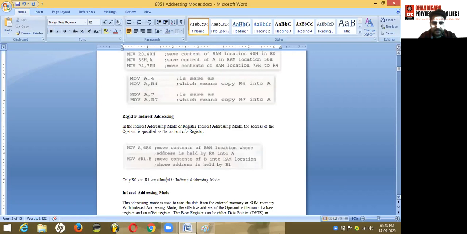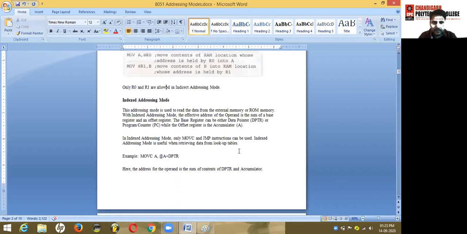Next is the indexed addressing mode. This addressing mode is used to read data from the external memory or ROM. With indexed addressing mode, the effective address of the operand is the sum of a base register and an offset register, which we will see in the example.